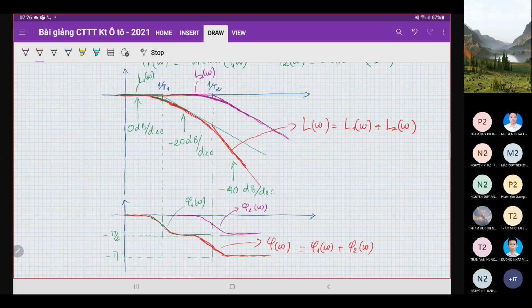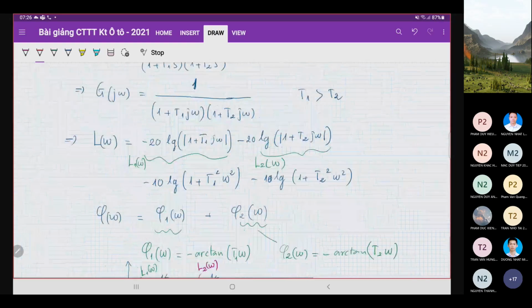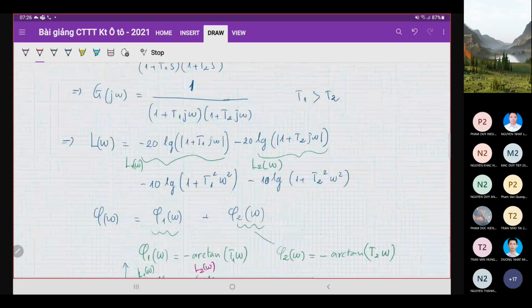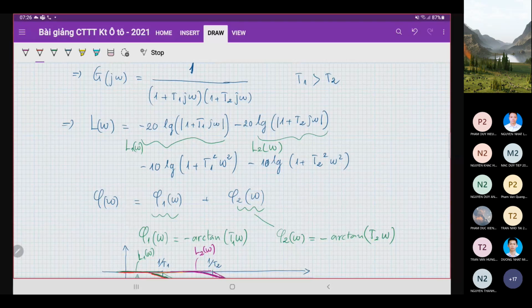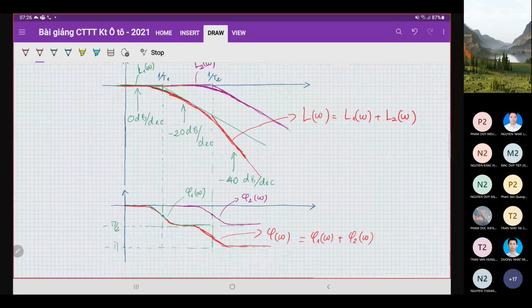Teacher, yes. I have a question. These are linear equations, so we can add them. For example, from 1 over T2, we have an equation with angle, minus 40 decibel per decade. So it is